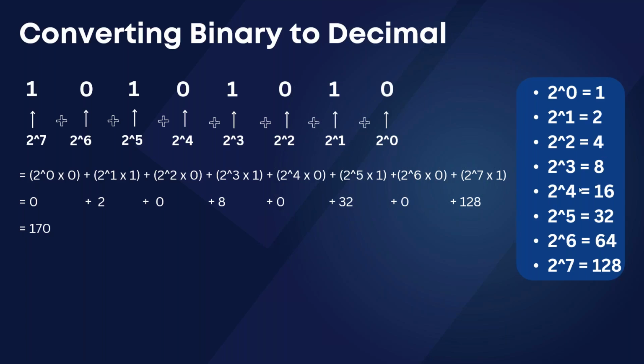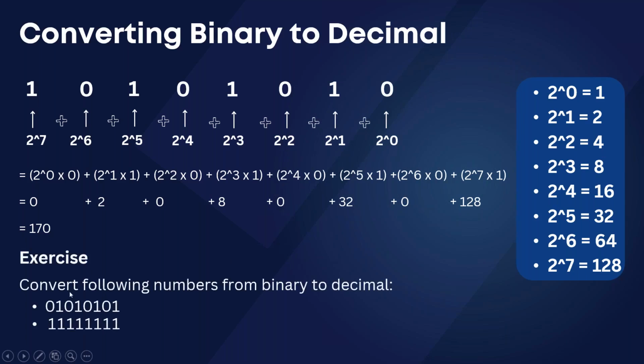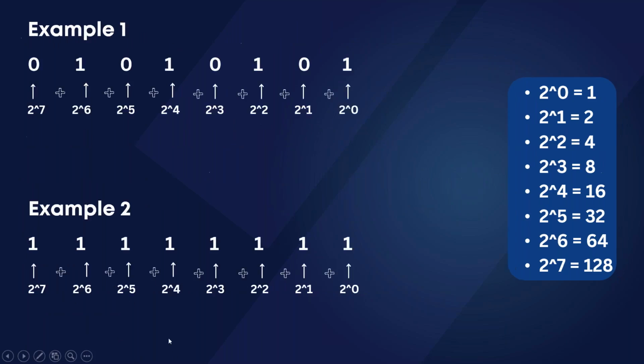Right. Perfect. So if you've understood this number, I have a few examples here. If you have a pen and paper beside you, or a phone at least, can you calculate the answers for these numbers and give me the final value? These are two examples: 0, 1, 0, 1, 0, 1, 0, 1, and all ones. Once you give me the answer, I'm going to explain how this is helpful for us, or why we need this logic. I've written down the values here from 2 power 0 all the way up to 2 power 7. So I want you to calculate the final decimal number for these binary numbers, example 1 and example 2.